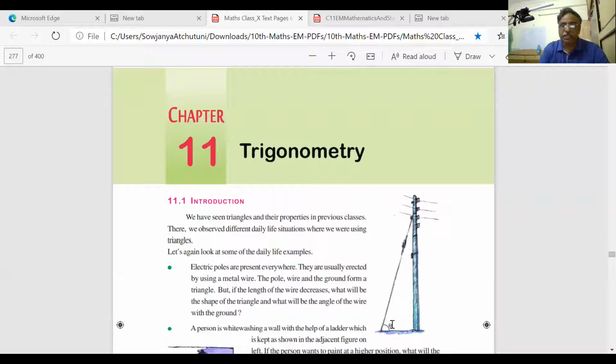Trigonometry is basically angles. See, this is the tower. I want to know the height of the tower. One way is you climb and measure. The other way is you observe this angle, and from this distance from the tower, which is the ground distance, I can easily measure maybe 10 meters, 15 meters. So from this distance and this angle, I will get the height of the tower. So my work is made easy. Otherwise, I have to climb there, drop a scale and tape, and measure. But with trigonometry, my work becomes very easy.